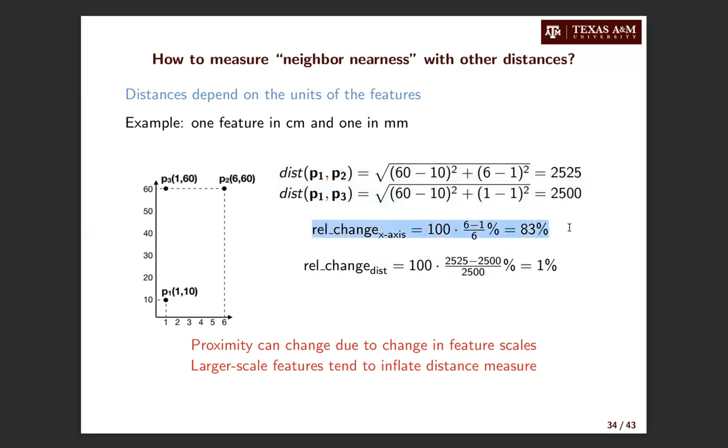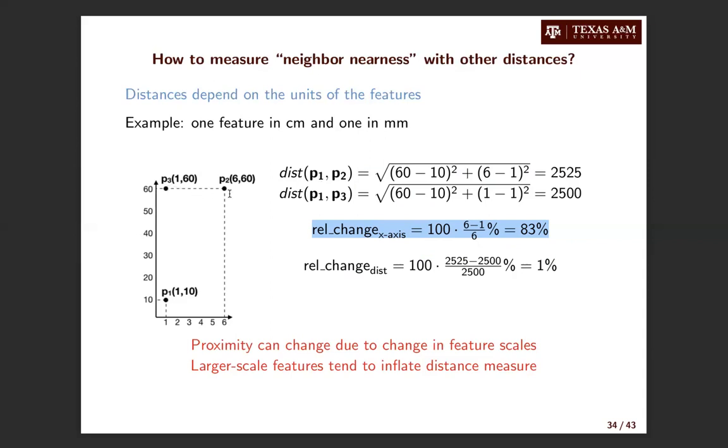However, if we were to see what is the relative shift between points P2 and P3 with respect to the x-axis, this relative shift would be 5 out of 6 units, which corresponds to 83%. So we understand that while the relative change, if we compute the distance between P1 and P2 and P1 and P3, is only 1%,